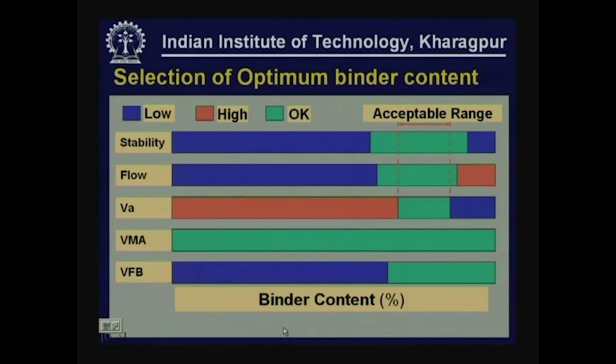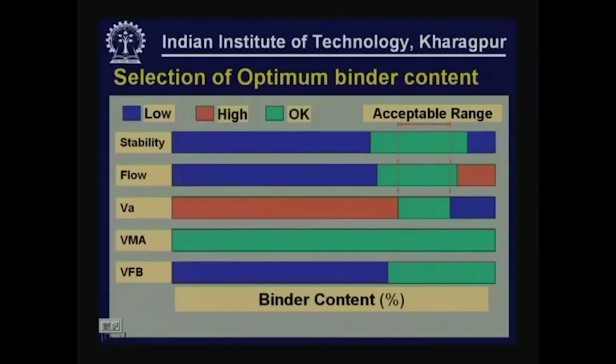Normally, the binder content, as I indicated, will be selected corresponding to 4% air void content, and that is the optimum binder content if it satisfies all the other requirements. On the other hand, we can also examine the binder content range that satisfies all the criteria. For example,